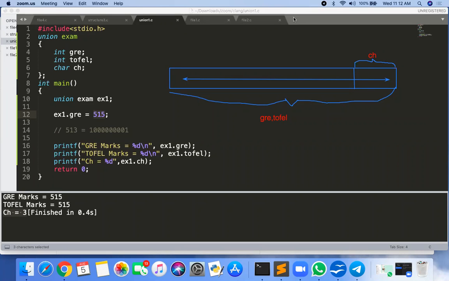So it means that one location has 2 names, GRE and TOEFL. Just like your school name is different and your home name is different, but you are only one. Like that. This object has 4 bytes, but I can access the same 4 bytes by using GRE as well as by using TOEFL.